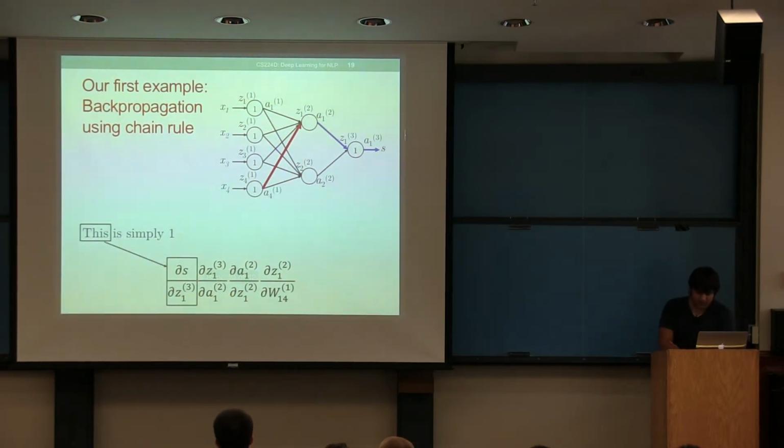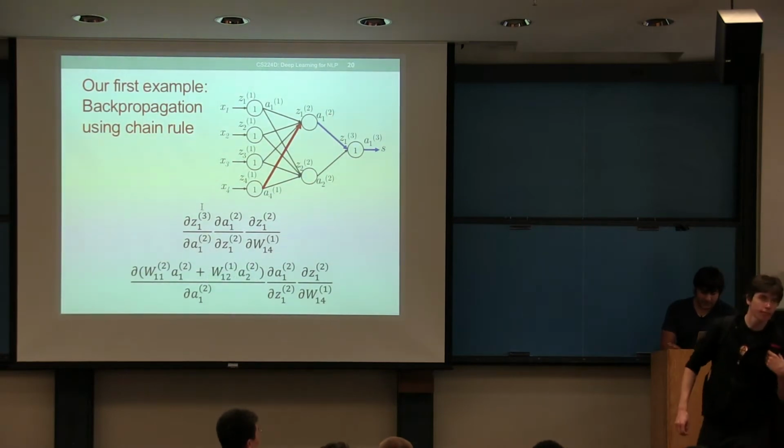So this is simply 1. This first value is simply 1 because really there's no transformation happening from here to here. This is a single unit 1. This could be different if you're working with softmax losses, so you've encountered y hat minus y in that case. So in this case it's just simply 1.